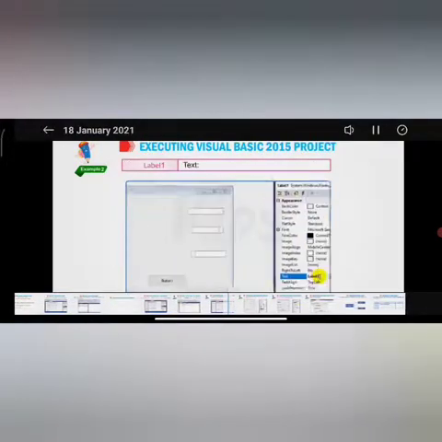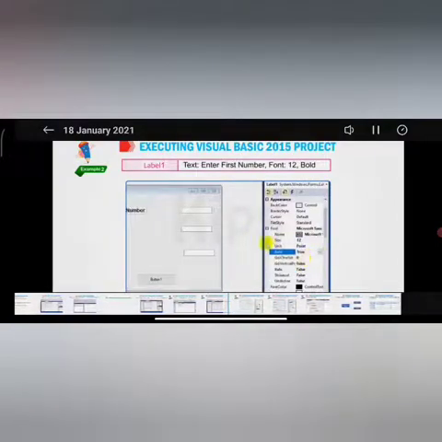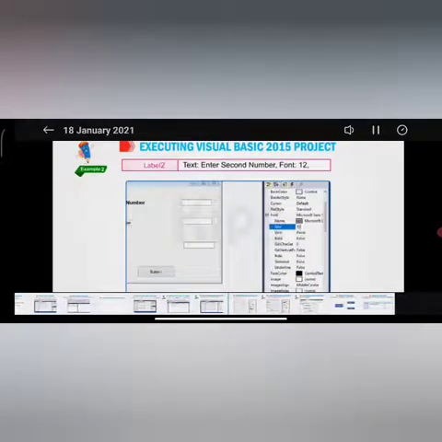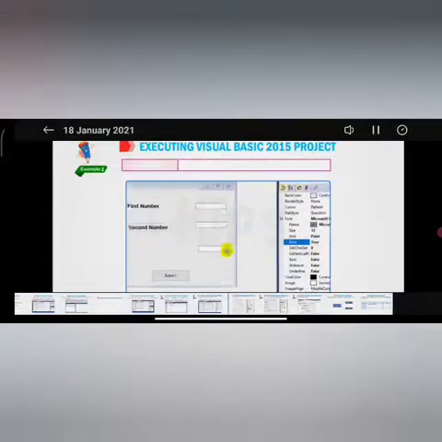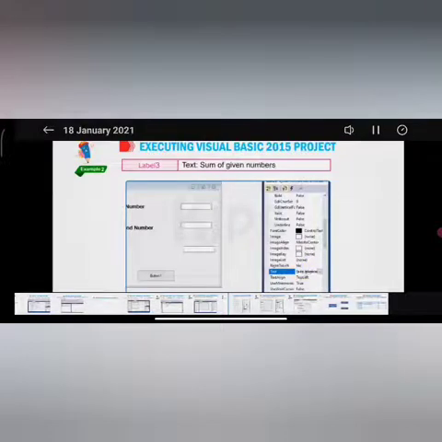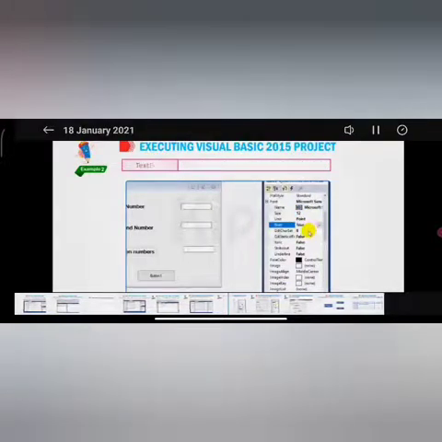Label 1, text, enter first number, font 12, bold, and then label 2, text, enter second number, font 12, bold, and label 3, text, enter sum of given numbers, font 12, bold.